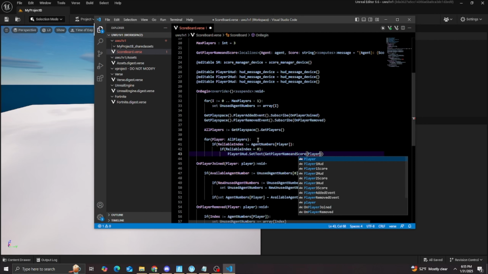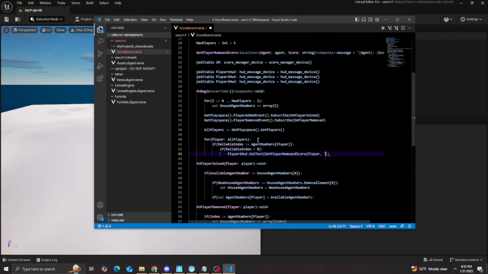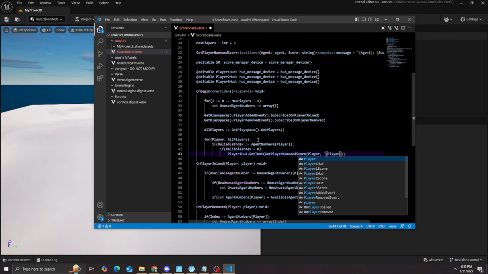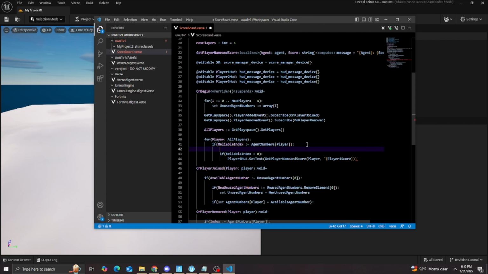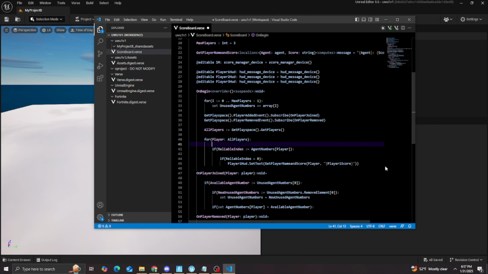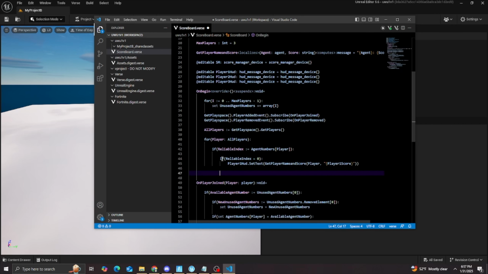The player, which is the name, and then the player 1 score, because we're gonna set reliable index 0, which equals the first player. So 0 is gonna equal the first player, 1 is gonna equal the second, 2 is gonna equal the third. So player 1 HUD set message, get player name and score of the player, and then a player 1 score. Oh, there we go. So if reliable, I'll explain that after I finish it, but just do that. Then